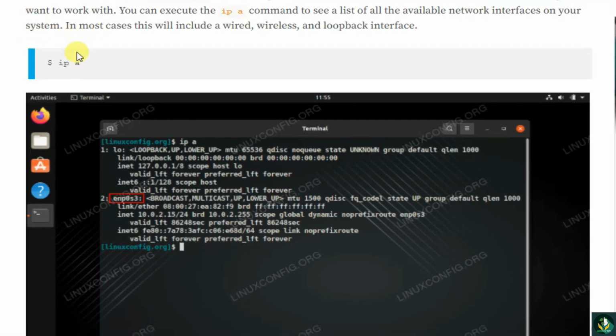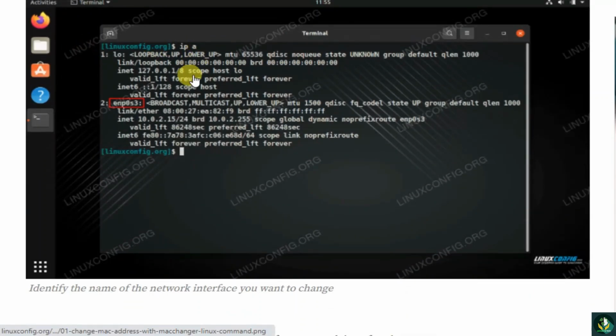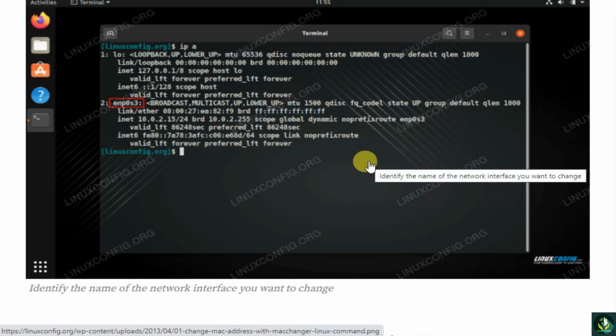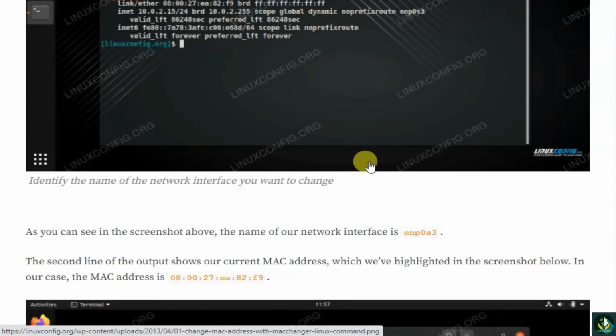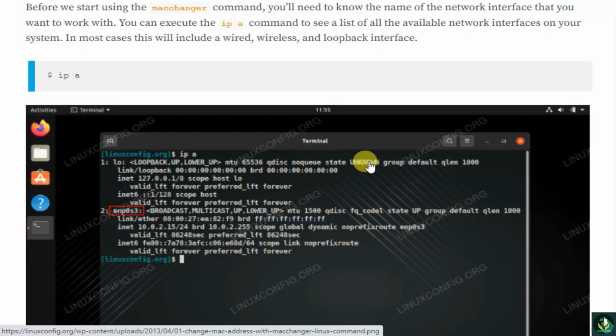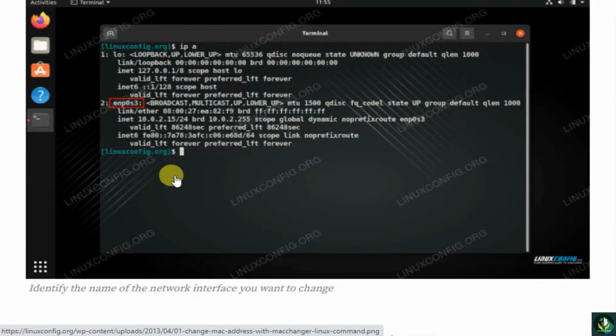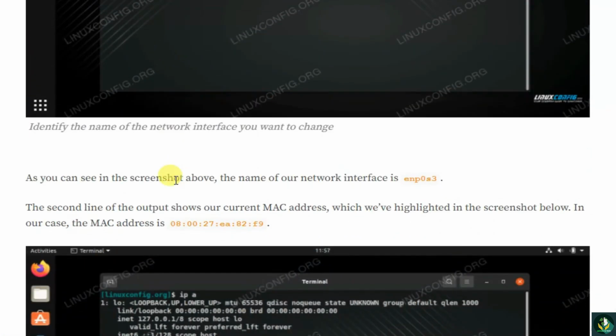Install MAC Changer on major Linux distros. To install MAC Changer on Ubuntu, Debian and Linux Mint, the command is sudo apt install macchanger. To install MAC Changer on CentOS, Fedora, Arch Linux, and Red Hat,